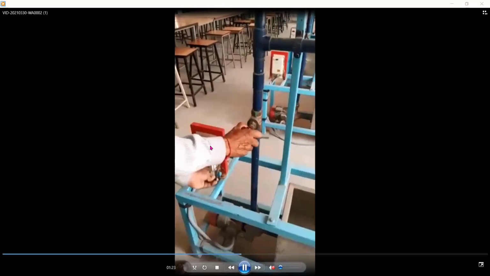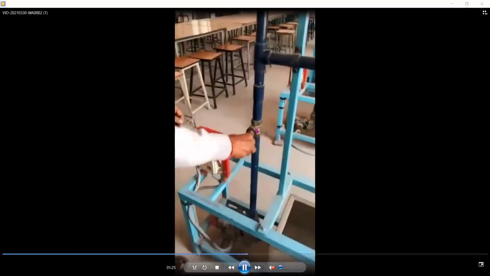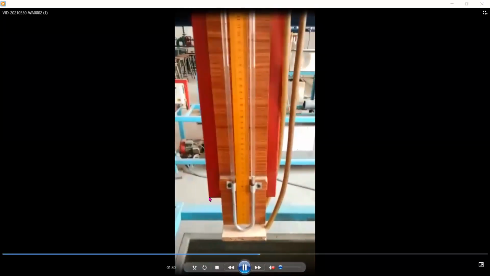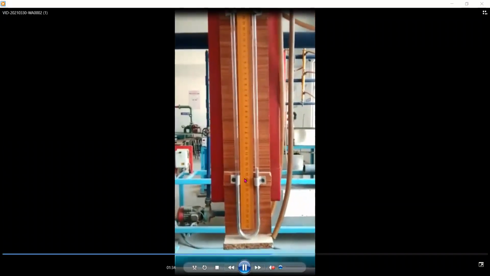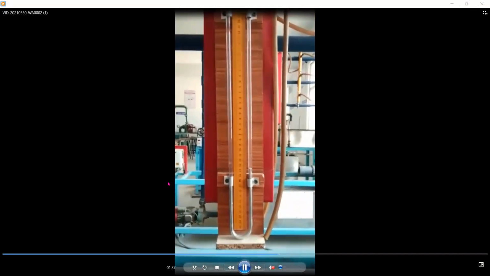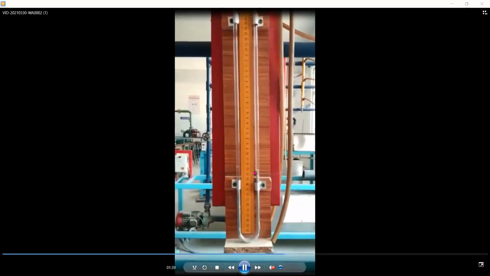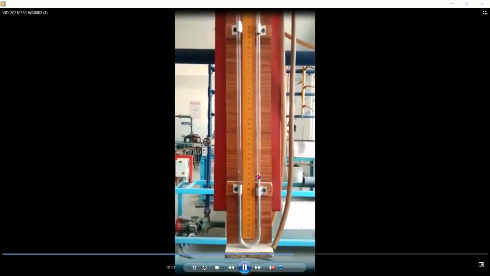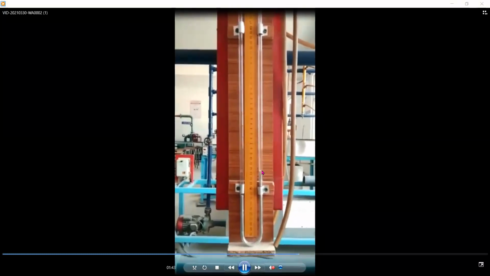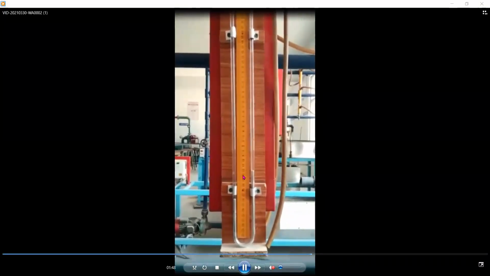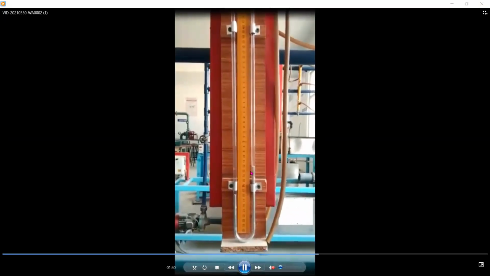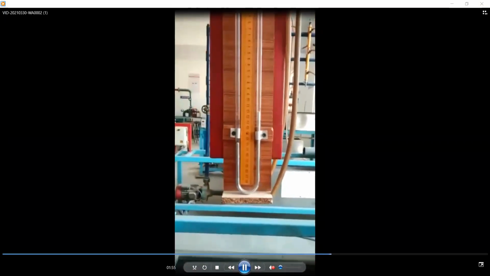Right. Before starting the pump, you need to close the valve completely. Then we need to start it and open the valve, so that the regulated water will flow through the pipes. And here you can see the difference of the readings now. As you regulate the valve, you can increase or decrease the pressure. First you regulate it so that it stops at some point. Suppose you see at one point here, 12 or 14, okay, 12. So at 12, I am stopping the regulating valve so that I am getting H1 and H2 now.